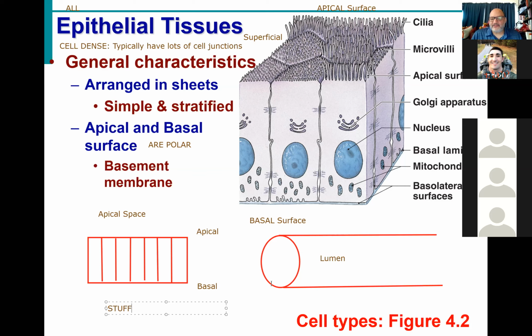And when we have that stuff underneath it, and let's go ahead and put some stuff here underneath, we need to hold our epithelial tissue to the stuff, right? So what we need to do is take a little bit of glue, and put glue on that basal surface so it will attach the epithelial tissue to whatever is